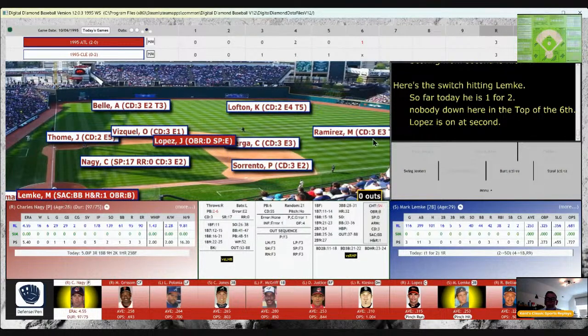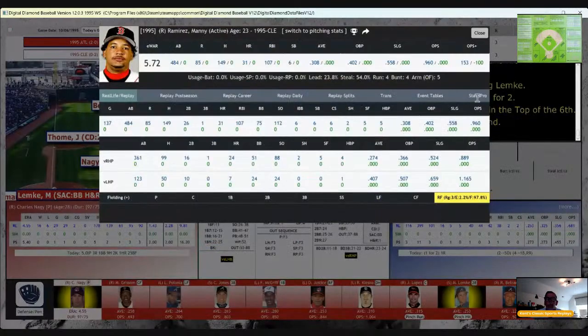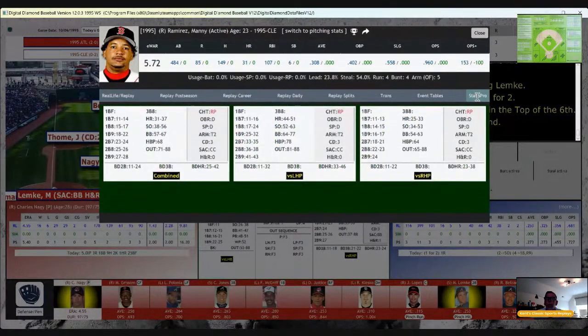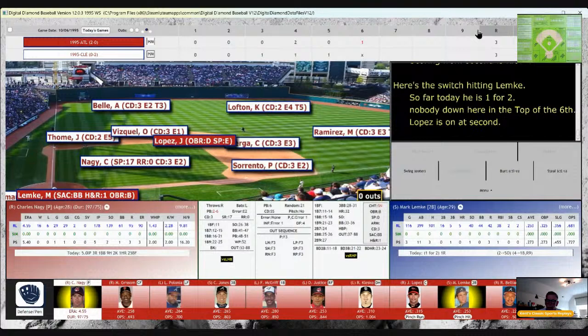I can't see that T. He's got an arm of 2. Not very good. T2. But he's got an OBR of D. It's 11-64. He will attempt it. And he makes it.